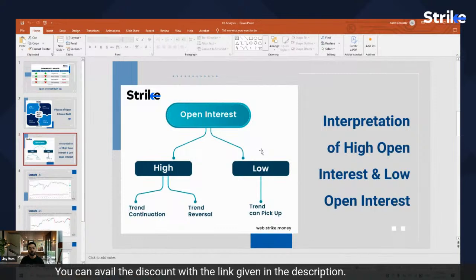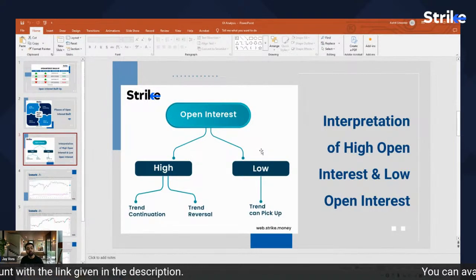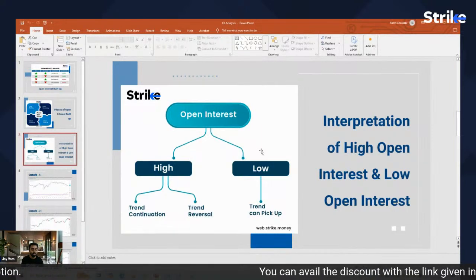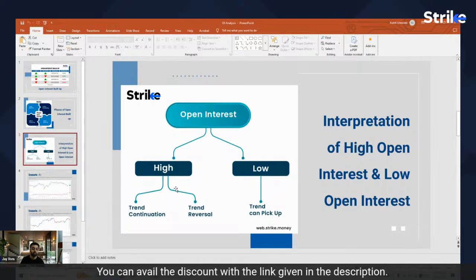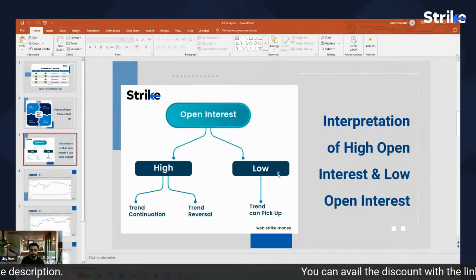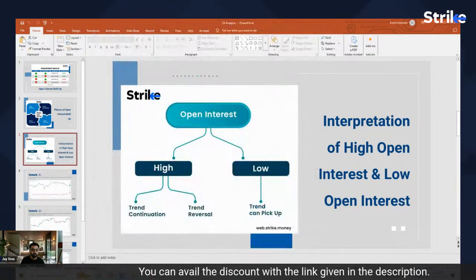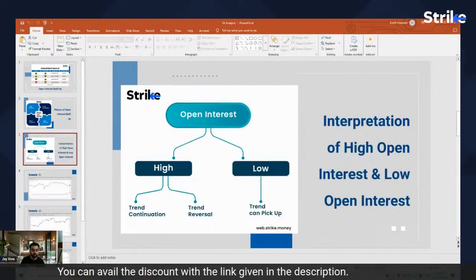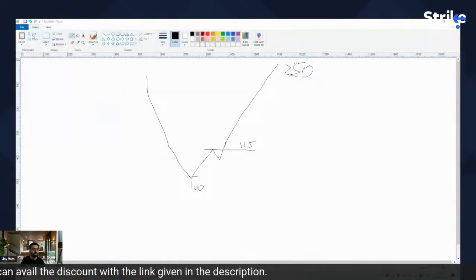Now the third part is when is the time where you need to understand that you have to take some action here, okay, right? That when is the time that you need to know that something big might happen. So something big might happen when you have two scenarios: either your open interest is very high or your open interest is very low, okay? So for example, let me take a fresh page.